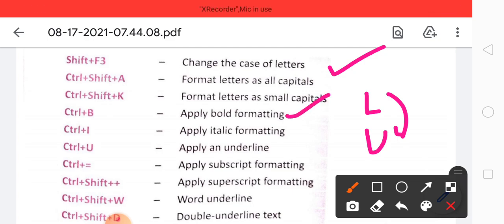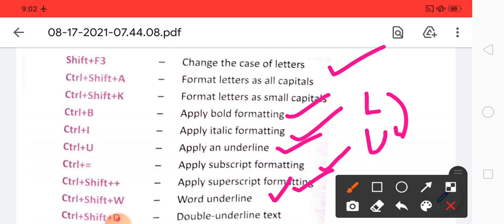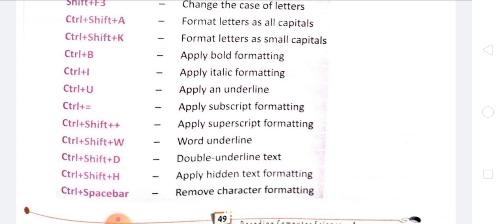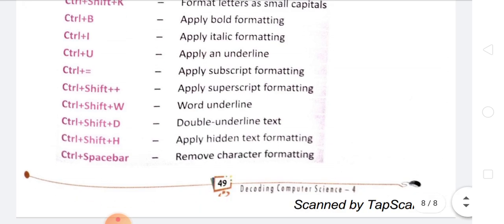Then B for bold, I for italic, U for underline, equal to for subscript, plus for superscript. Then Ctrl plus Shift plus W is word underline, Ctrl plus Shift plus D is double underline text, and Ctrl plus Shift plus S applies hidden text formatting. Then Ctrl plus space bar removes character formatting.